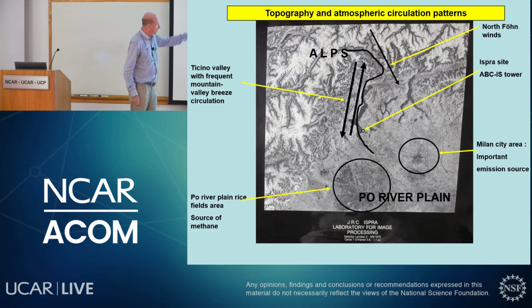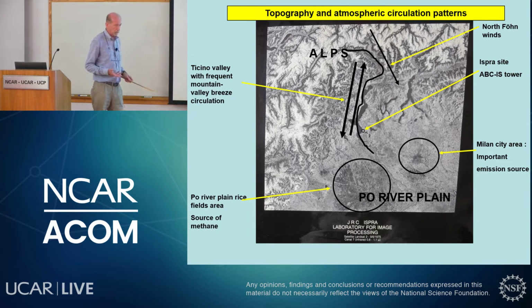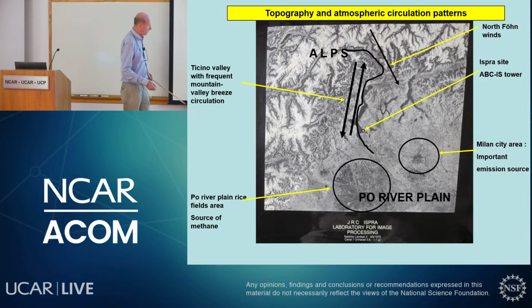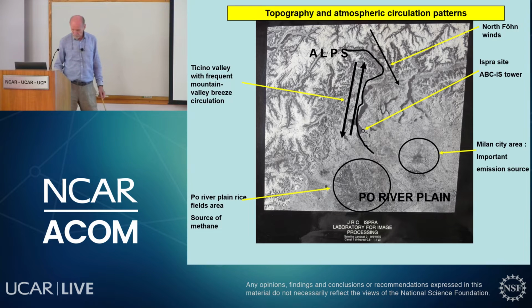Then we have also the North Föhn phenomena, which are equivalent to the Chinook winds here in Colorado. Then there is the city of Milan, which is an important emission source, and also here the dark area is dark because it's underwater, because there are rice fields which are immersed, of course, and this is, of course, an important source of methane. So the studies can be,